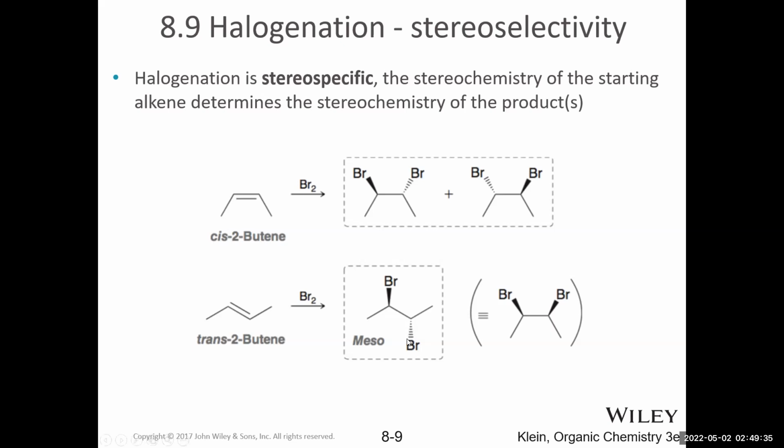The way to see that is through rotating the central carbon-carbon bond so that the 2 bromines are on opposite sides of a plane, and we can see that there's an internal plane of symmetry. So recall that just because it's drawn one particular way, whenever you have reduced this double bond to a single bond, now we have free rotation about single bonds. We can rotate this and observe the molecule in a different way.